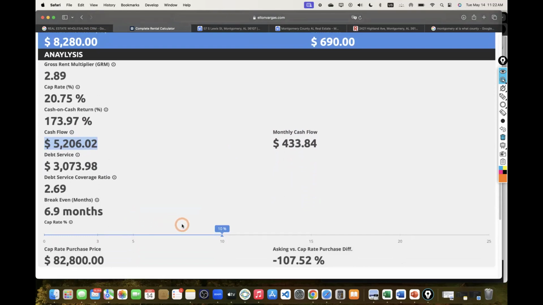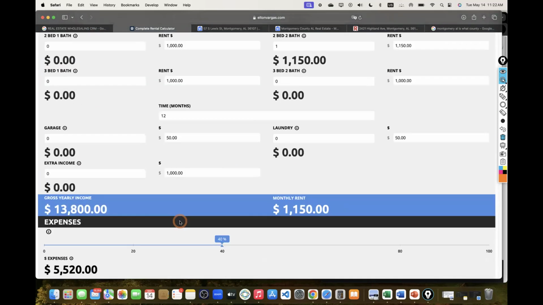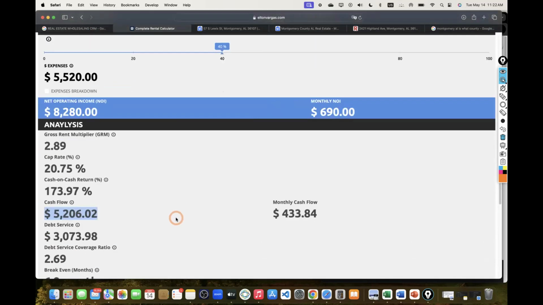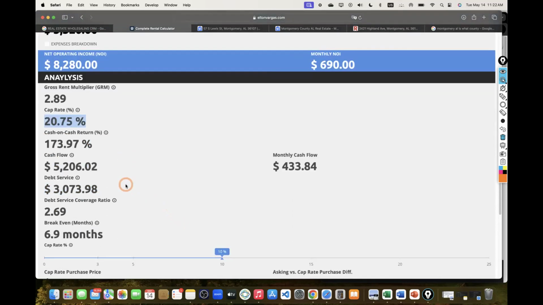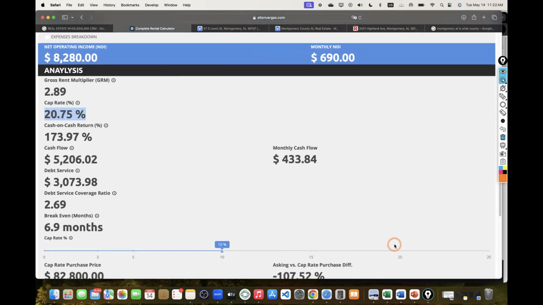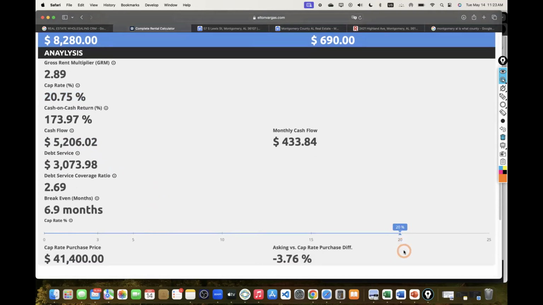And here's the biggest thing overall, the cap rate. The property's cap rate is around 20%, based on the price point. So 20% puts it listed at that. I can push it up a little bit more just because again, I still have to do repairs. So I'll try to push it towards the max that I have on the calculator, because I didn't expect the cap rate for this to be that significant.